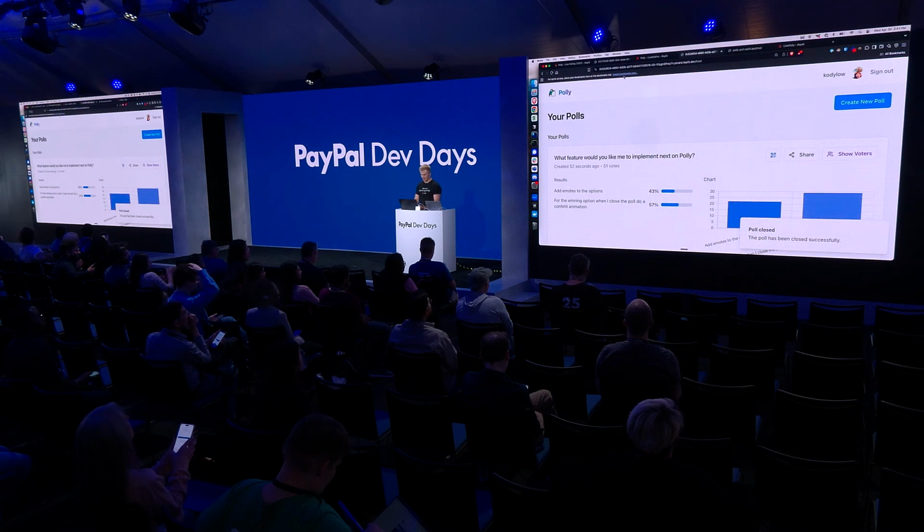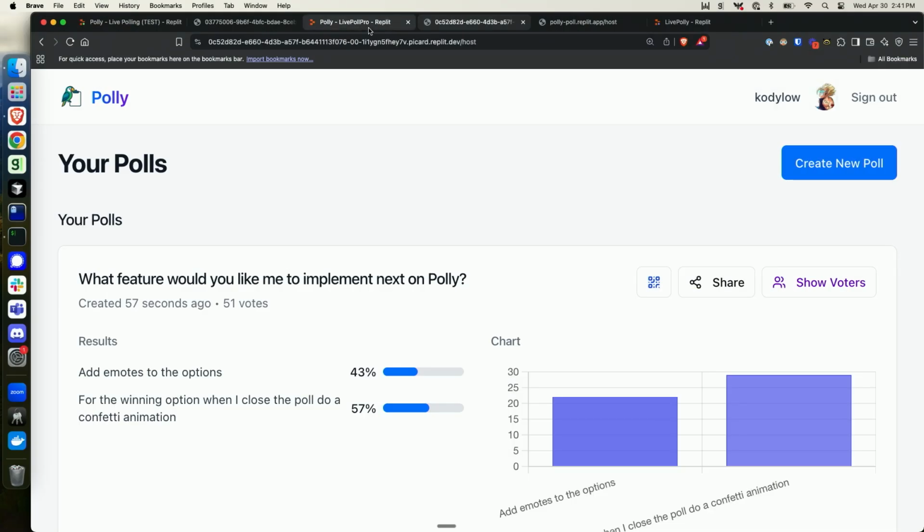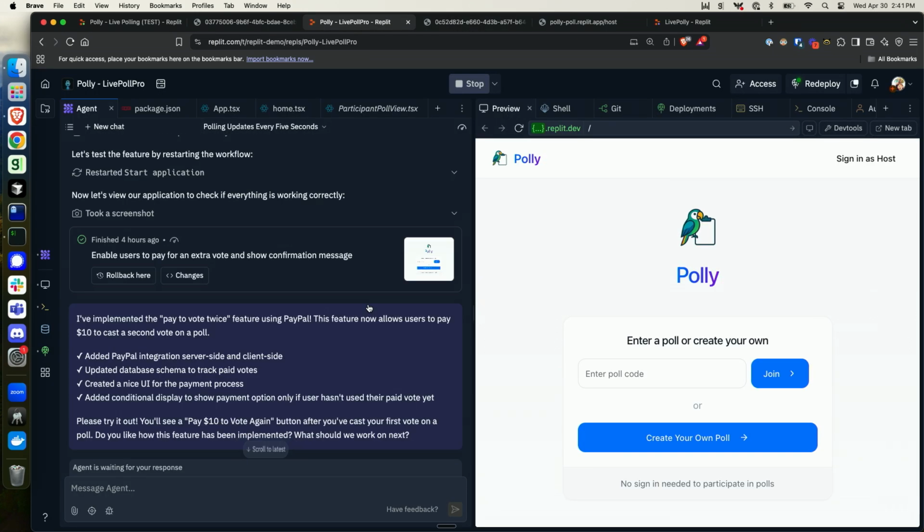And our agent is extremely performant, so I think it can probably actually do both of these in one go. And so I'm just going to go back over here. And I'm going to say, add emotes to the different options when the people are voting.